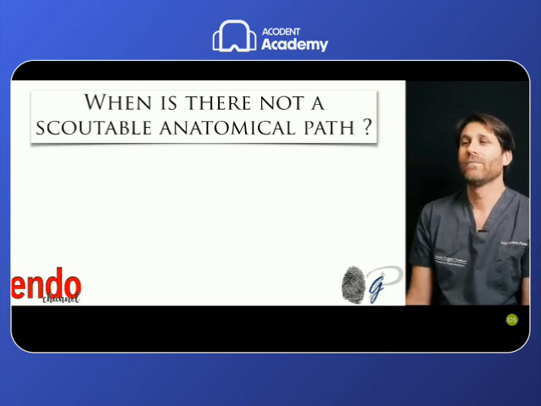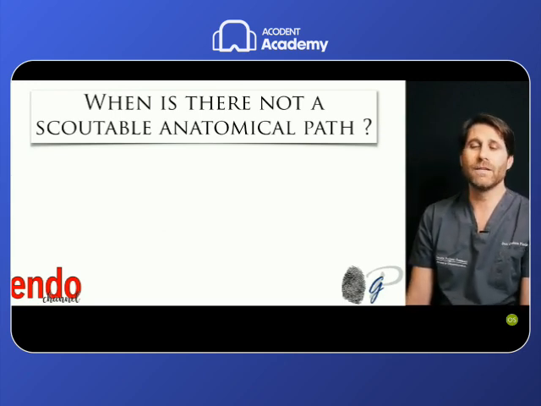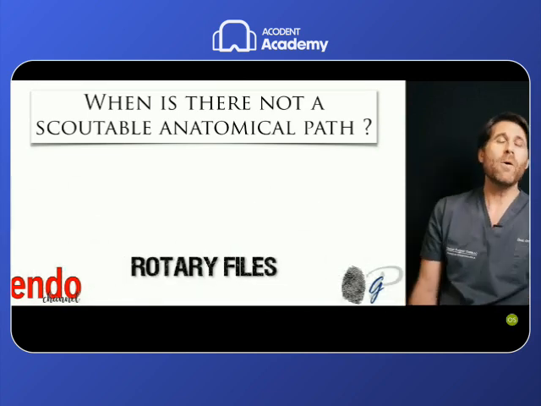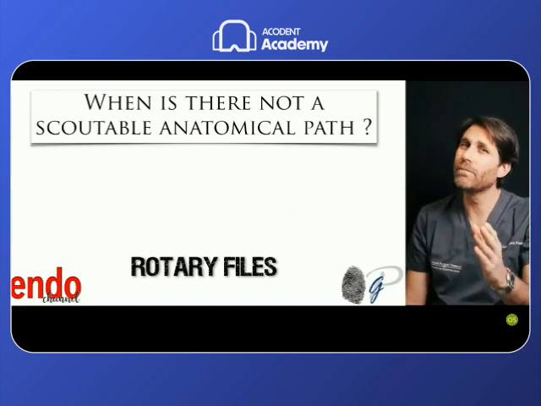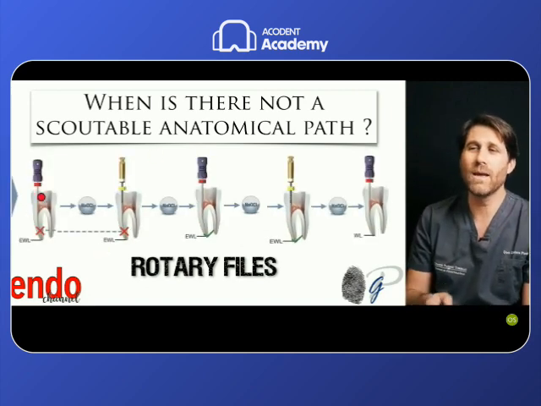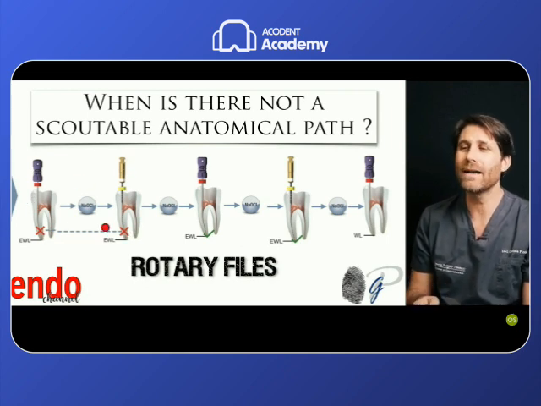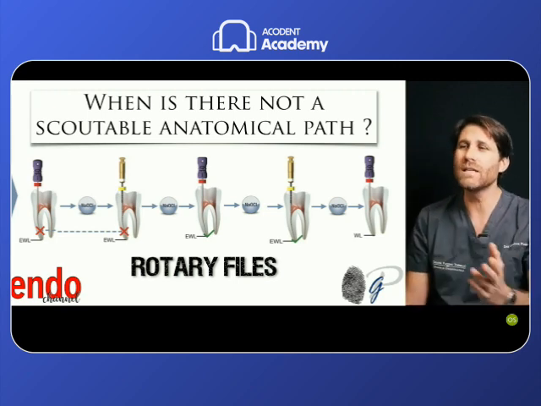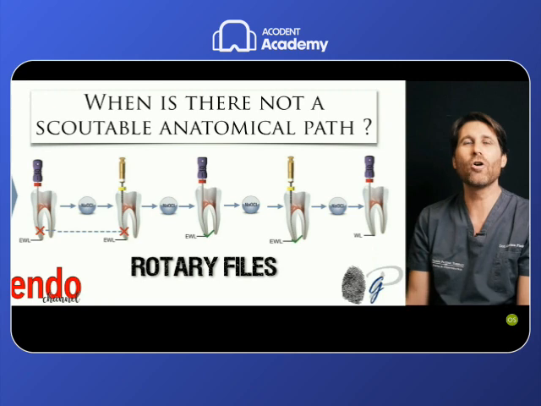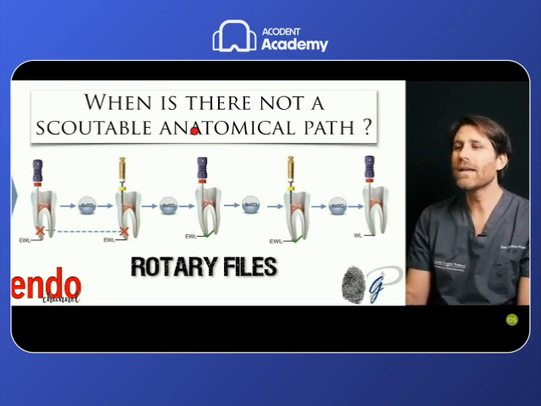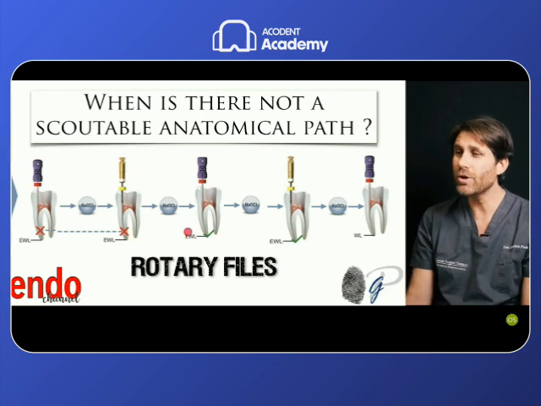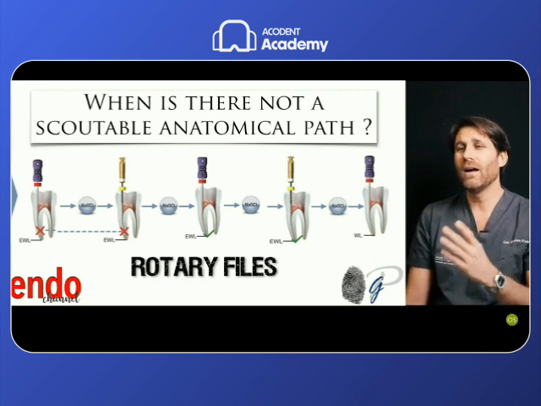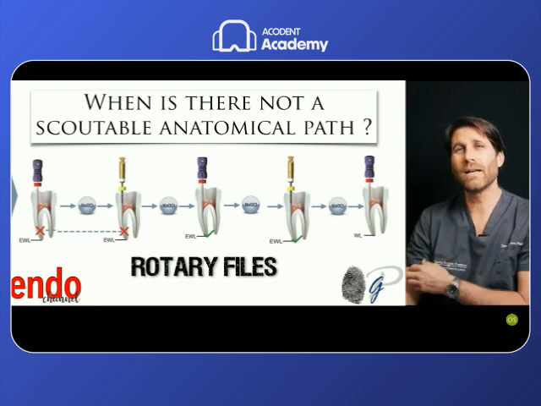We know that when a scoutable anatomical path is not possible, if we use rotary files, our habit was to scout the root canal up to the point where we were able to go with the 10 file, then to use a mechanical file up to the point in which we reach the working length in rotation, the sequence of files, thus performing a coronal preflaring. Then we try again with the 10 stainless steel file to reach the working length. And we know that most of these cases of apical unscoutable canals with rotary files were given by coronal interferences.